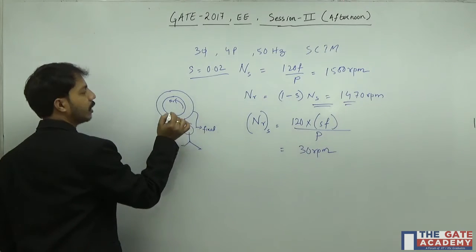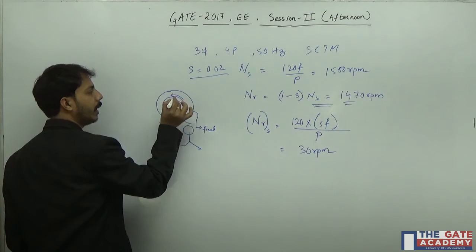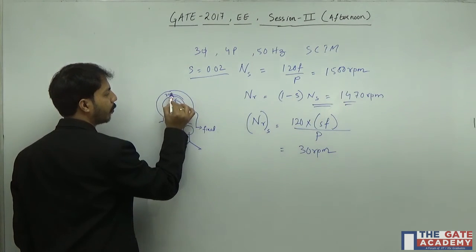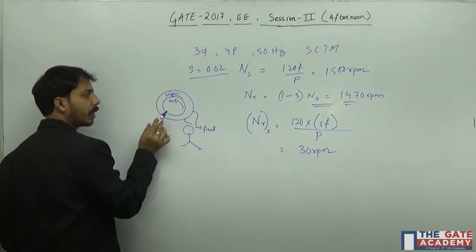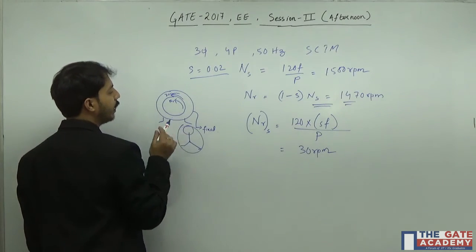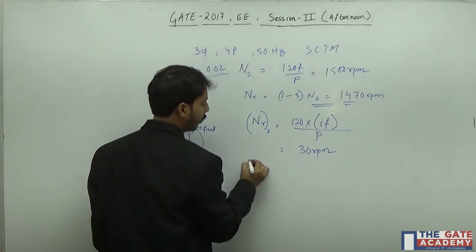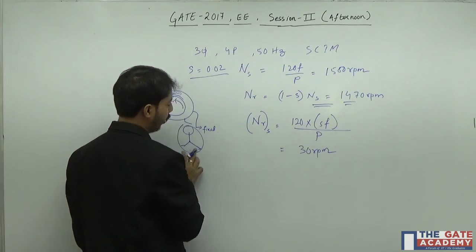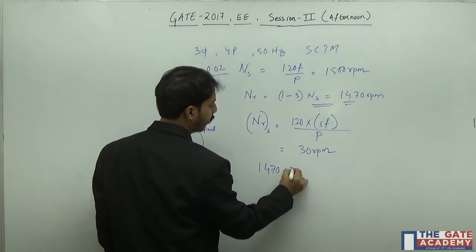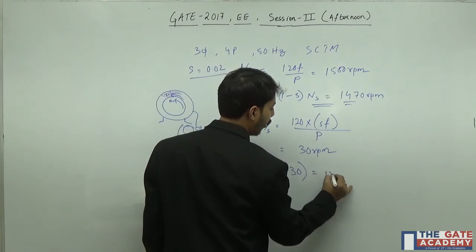Now you see, that means the flux which is generated in the rotor is moving with some speed in the same direction at 30 RPM, and this is with respect to the rotor. So anybody who is stationary will see the speed of this flux as Nr plus this. That means the total speed as seen by the stationary object will be 1470 plus 30. This is simple physics. That means 1500